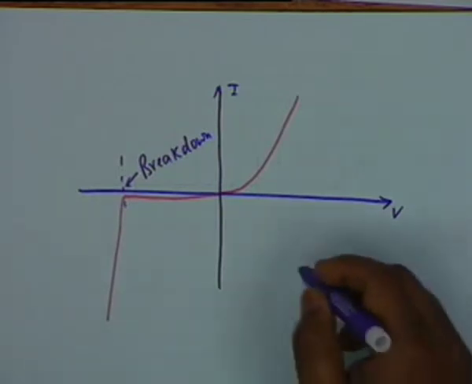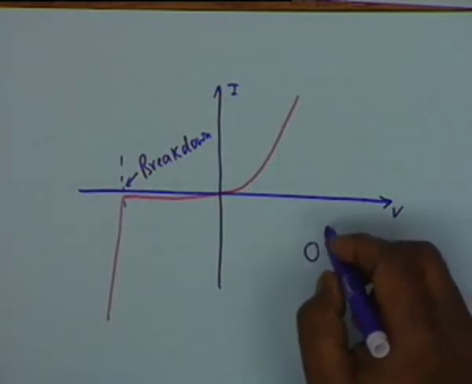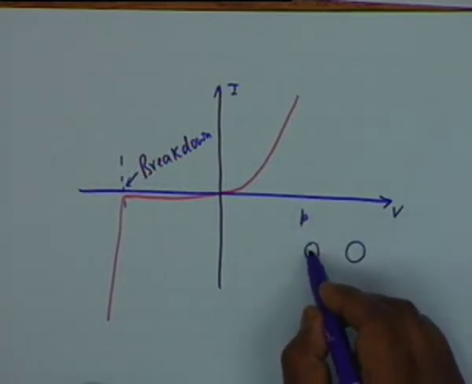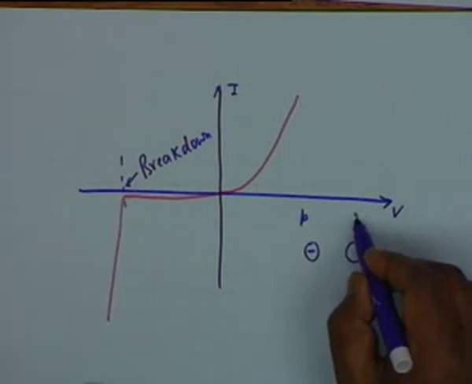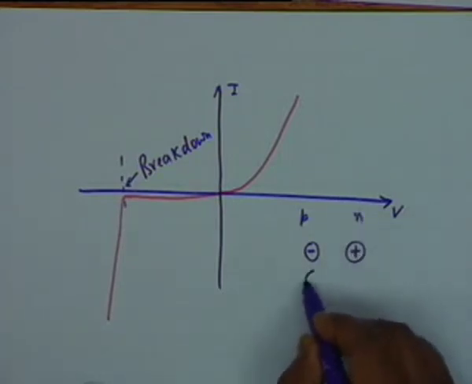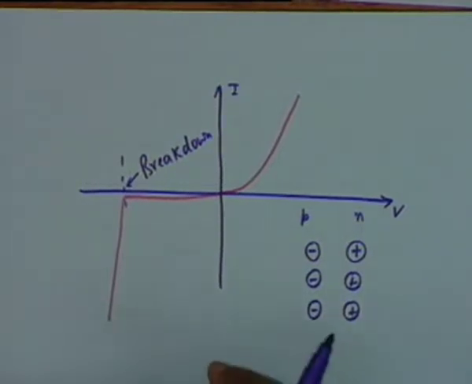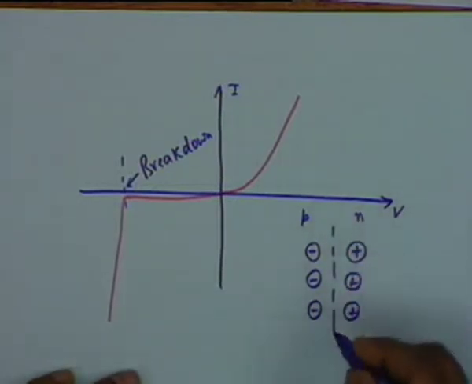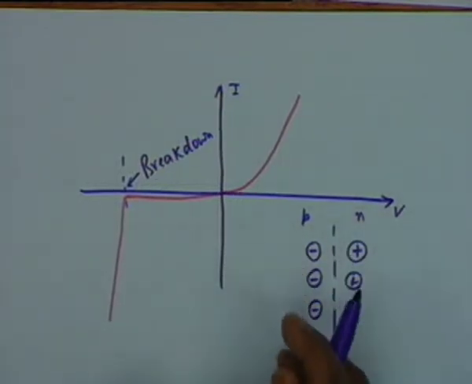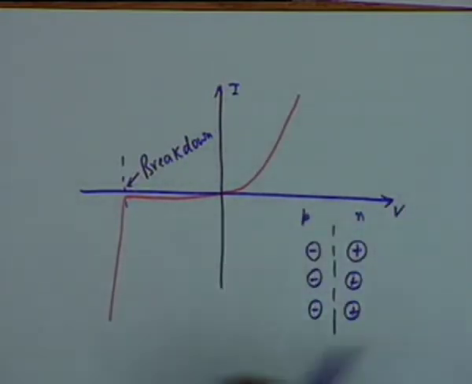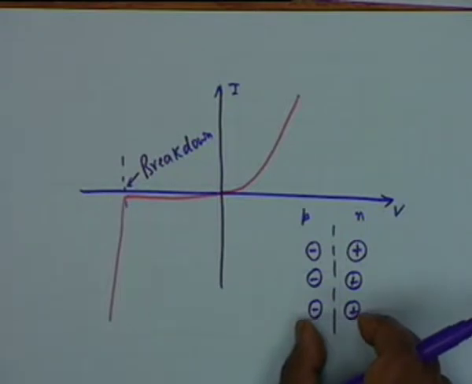One of them is, you know that under reverse bias there is a separation of charges. On the P side we shall have negative charges, and on the N side we shall have positive charges. These are uncovered charges, that is, the mobile electrons and holes have crossed the junction. The mobile holes from the P type near the junction have crossed to the N region. The mobile electrons near the junction in the N type region have crossed to the left hand side. Now, under reverse bias, this separation increases.